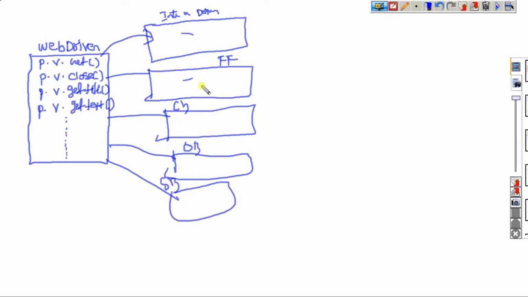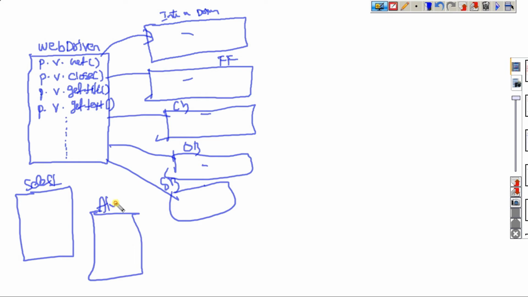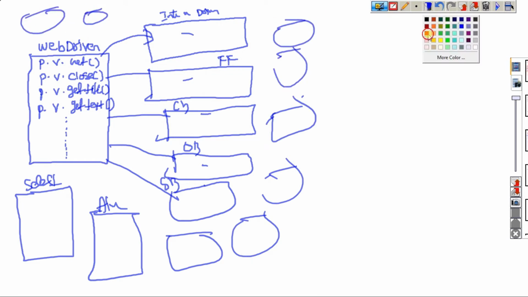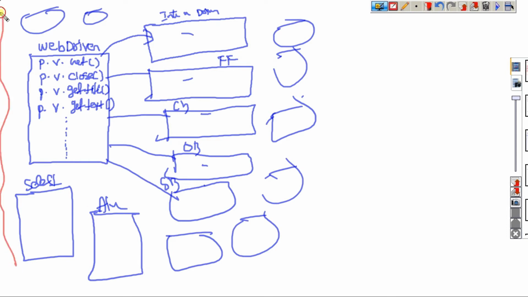So the same methods I can implement here. This is one interface that is implemented here. In the same way, I have one class like the Select class. I have one more interface, Alert. Oh, so many classes are available.